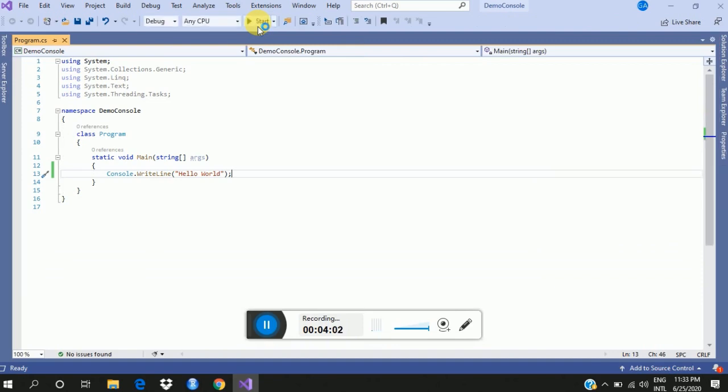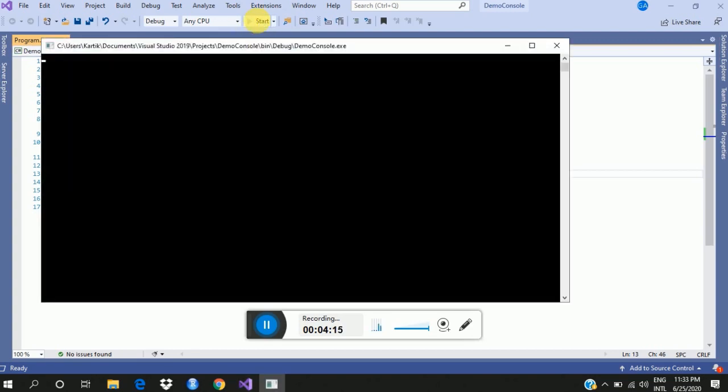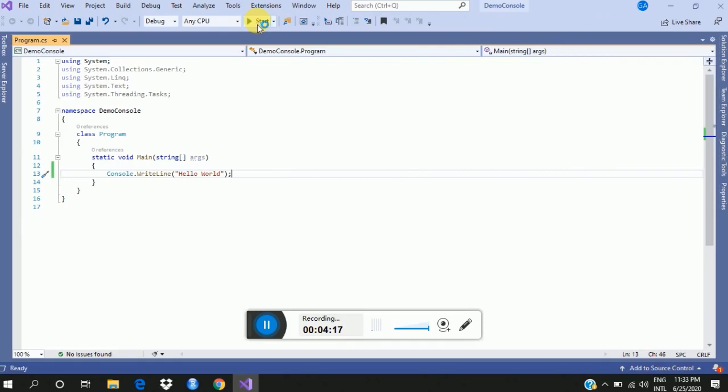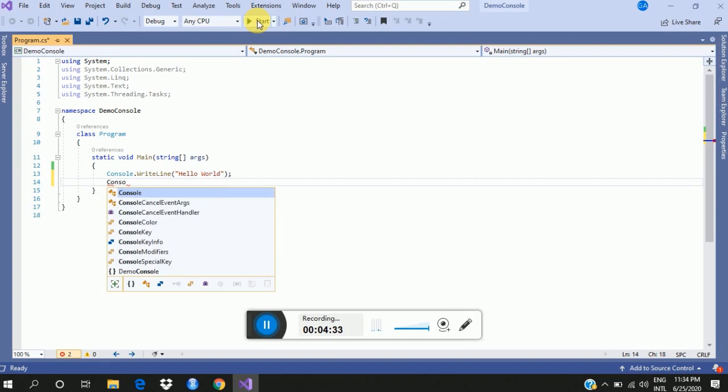Did you notice what happened? A small black screen came up and it vanished. Even if I continue to do this, I say start again, a black screen comes up, it vanishes. So what happens is Console.WriteLine hello world, the hello world is printed, but the screen does not stay. So for the screen to stay, we will add one more line over here, that is